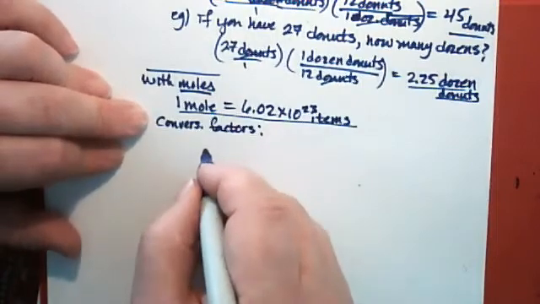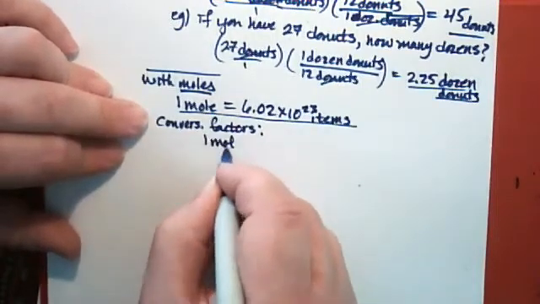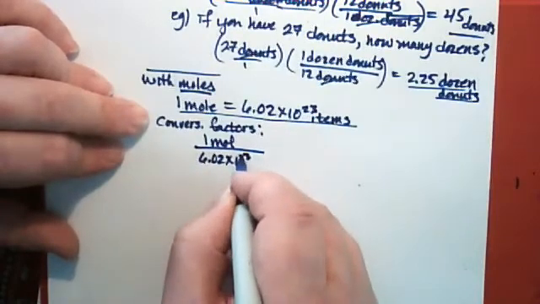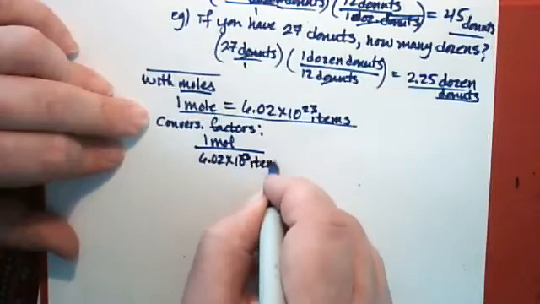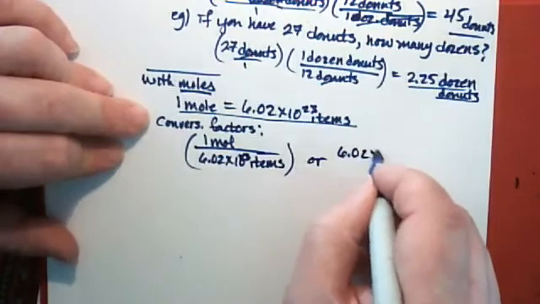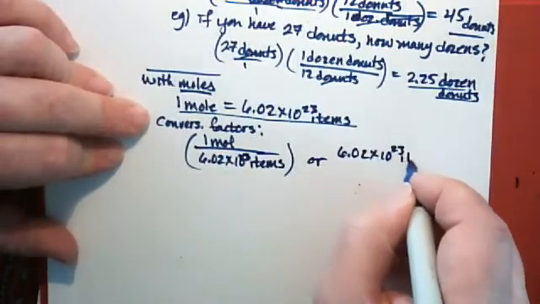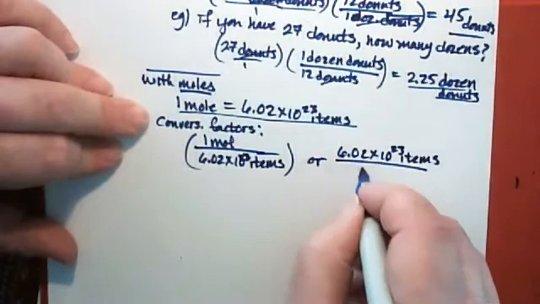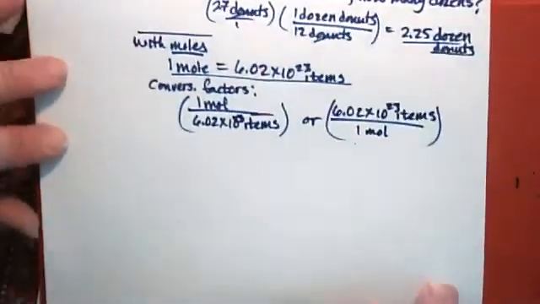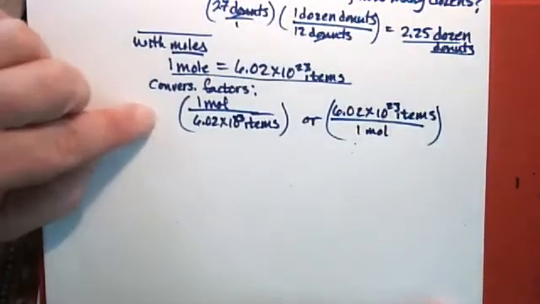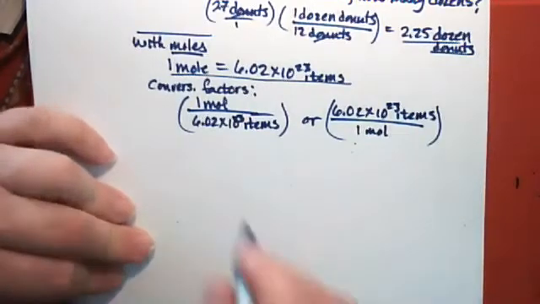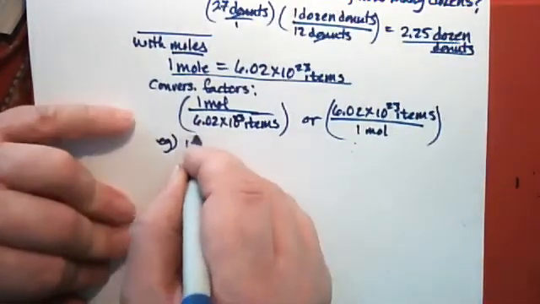That means the conversion factor is going to be either 1 mole for every 6.02 times 10 to the 23rd items, or 6.02 times 10 to the 23rd items for every 1 mole. And so when you're converting between items and moles, one of these two conversion factors will be what you want to use. So let's say, as an example,